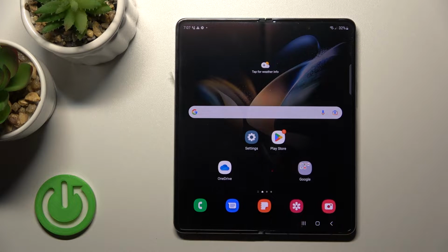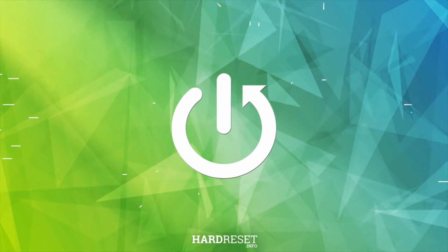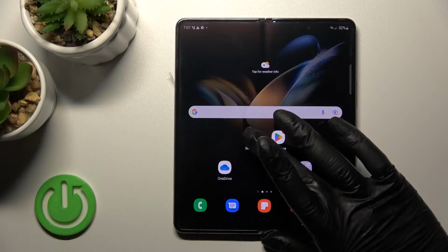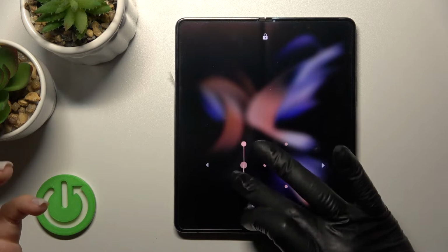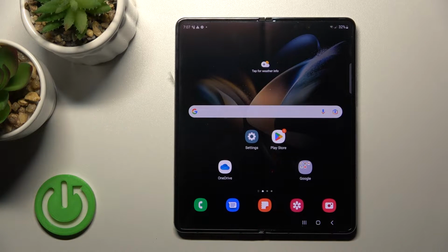Welcome, today in front of me I have the Samsung Galaxy Z Fold 4 and I'll show you how to activate Quick Launch on this device. So first, we'll bypass the double press of the power key button. We can see that we can also lock the device, and for example, to open the camera app from